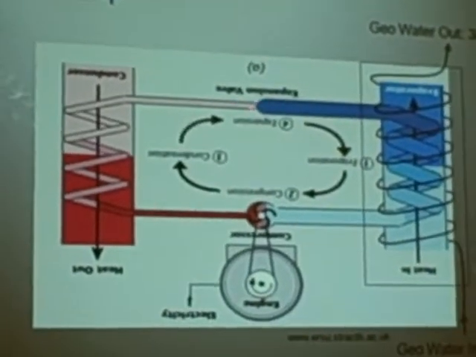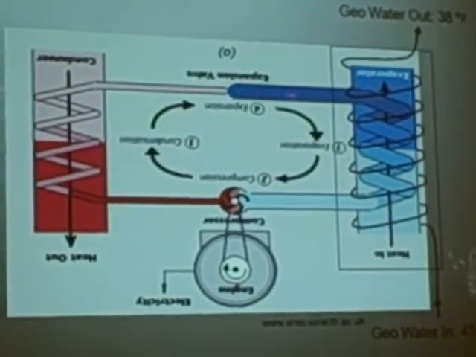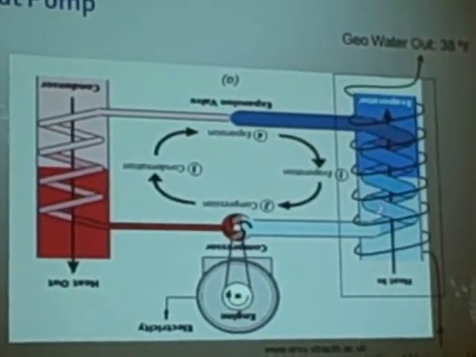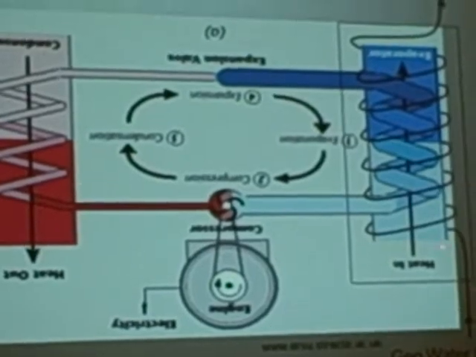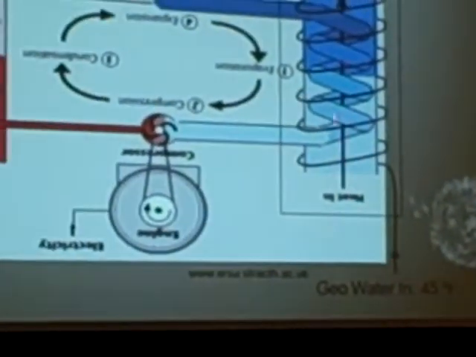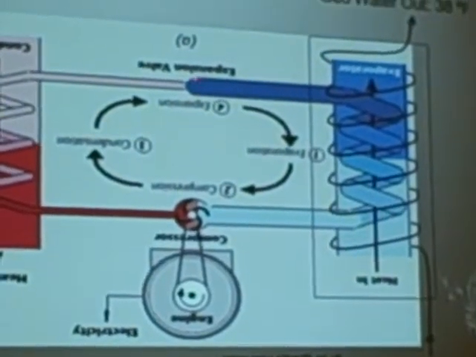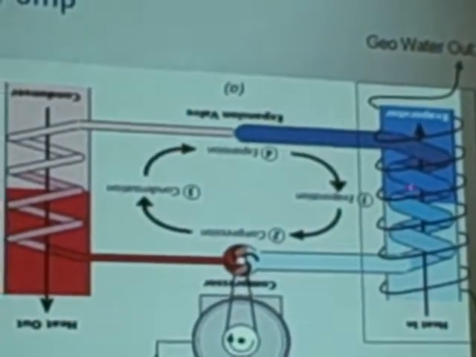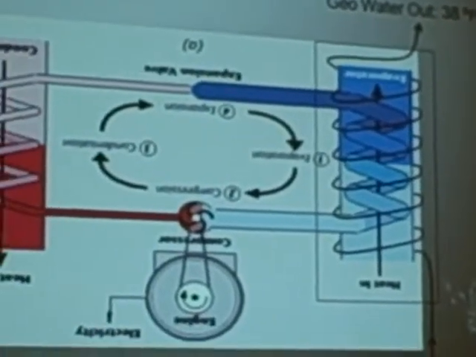It's cooling down. It's then expanding through this expansion valve. It gets cold inside this coil, and guess what? We're washing water across that coil and out. So we may be coming in at 45 degrees. This coil is cold because we're expanding the gas. We're taking that heat off, taking that coldness off of it and washing it back out at 38 degrees,